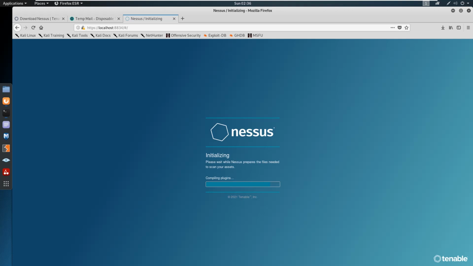So the compiling of plugins is almost done. Within a few minutes, the compiling will get over. The compiling of the plugins is nearly done. Once the compiling of the plugins is done, automatically the page will move on to the